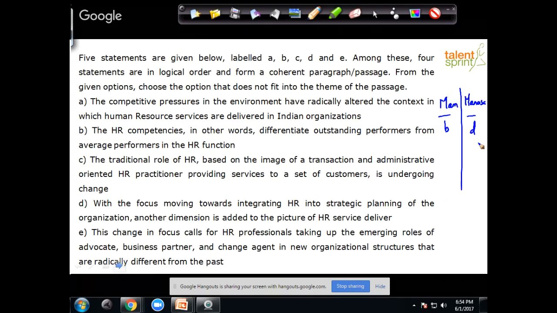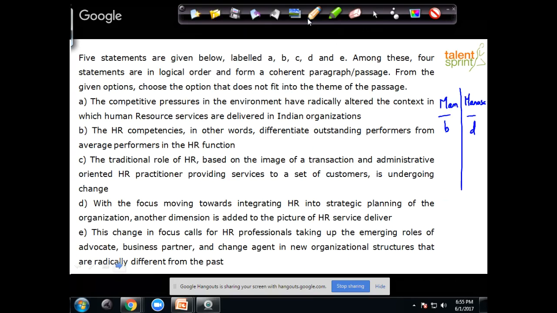Sasikumar says all the other sentences are talking about HR, whereas this is a comparison between the performers. It is talking about differentiating performers. Okay, fine, time up. Both of them are absconding from explaining. Now, Tiwari says B, since C, D and A logically fit. Pratibha says except B, we are talking about HR services. Tungla is somewhere close to the answer.